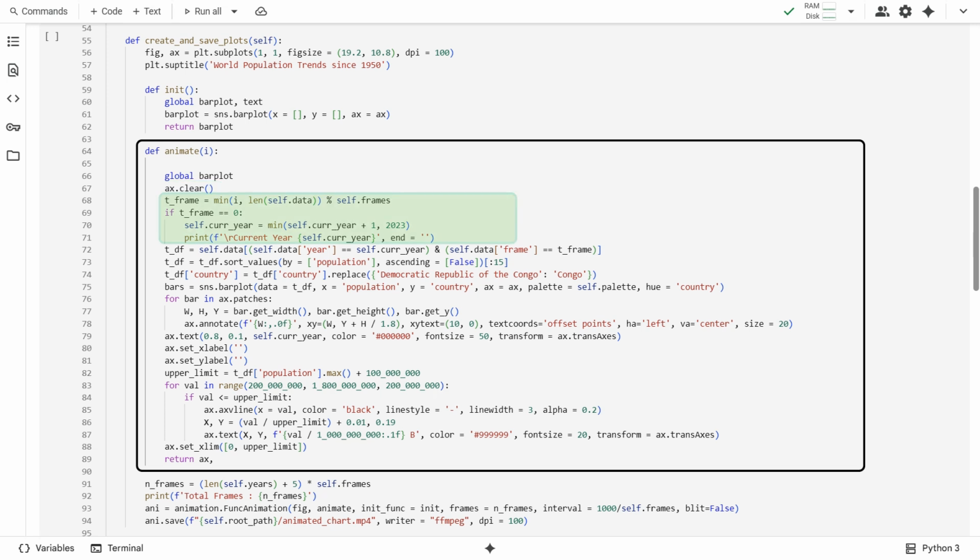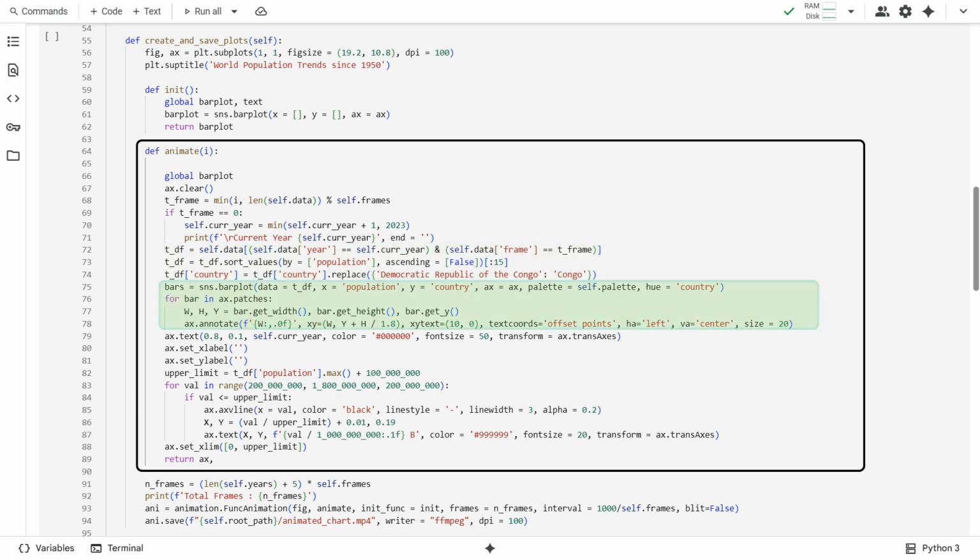We use the argument I to iterate over the year and frame combinations. As we already discussed, the value of I ranges from 0 to 28. Whenever the frame value becomes 0, which is after every 4 iterations, we increment the year by 1. Using the value of year and frame, we filter the processed population dataset. We pick only the 15 most populated countries, because plotting more than 150 countries on a single plot would look horrendous. To pick the top 15 countries, we sort the temporary data frame on the basis of population column and pick the first 15 rows.